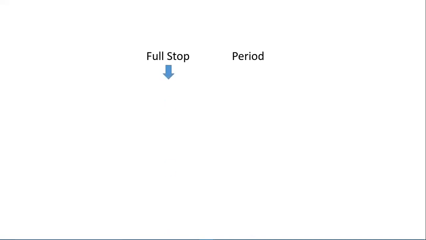Look at the full stop and period. Some students can recognize this as a full stop, and somebody can recognize this as a period. Full stop is the British style, and period is the American style. Americans don't say full stop, they say period. Remember, dear audience, we should use the full stop after declarative sentences.